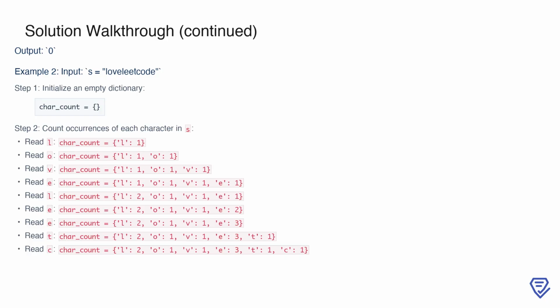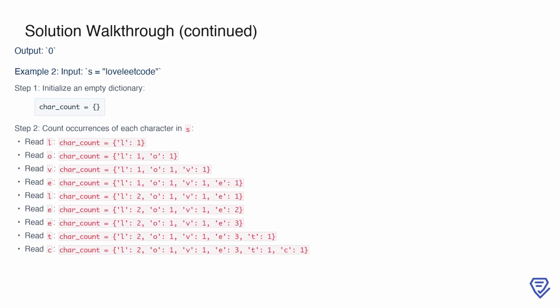Next, we encounter O, V, and E, each of which is added with a count of 1. When we encounter L again, its count is updated to 2. Similarly, the count of E is incremented to 2, and then to 3 as we process more E characters. By the time we've read through the string up to this point, the dictionary contains the counts for all characters